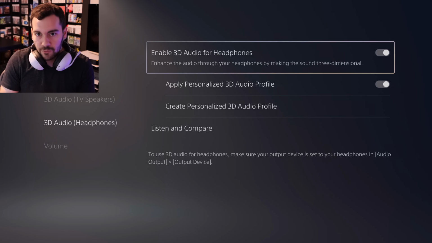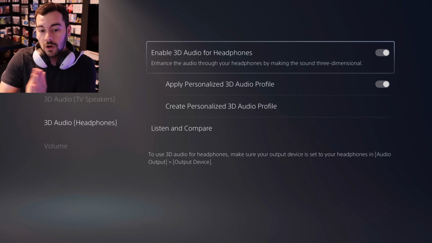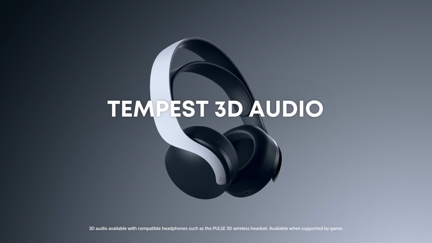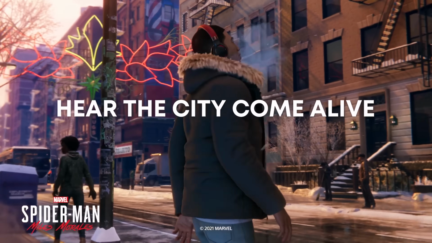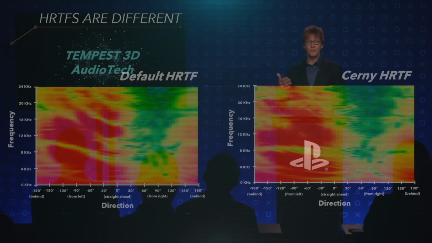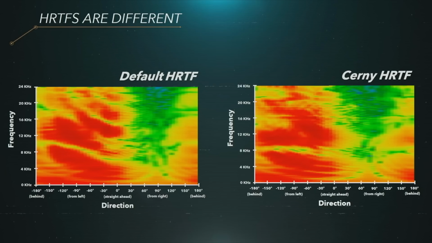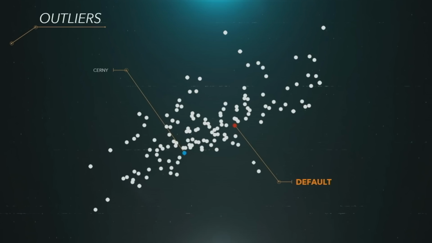Because I'm sure a lot of you might remember from 4 years ago, before PS5 came out, this was a core pillar of the console where Sony was heavily marketing this, talking about how much they were investing into advancing audio on PlayStation 5 with the Tempest 3D audio tech engine, also explaining to people during the Road to PS5 GDC discussion that people hear and interpret sound differently from one another, so you really have to have a more tailored audio experience to get the most mileage out of 3D audio, and that's cool, but